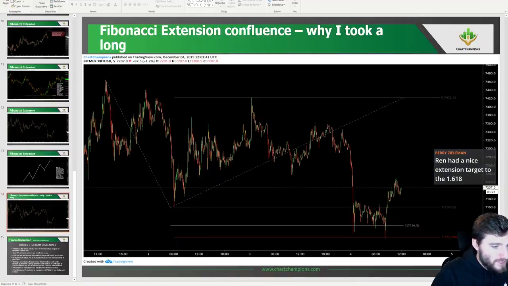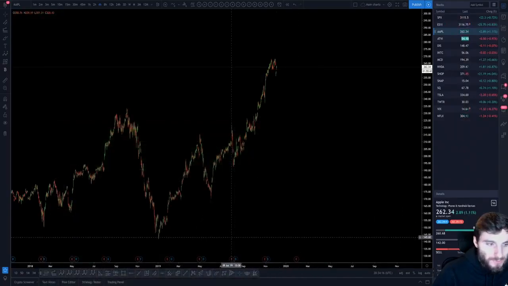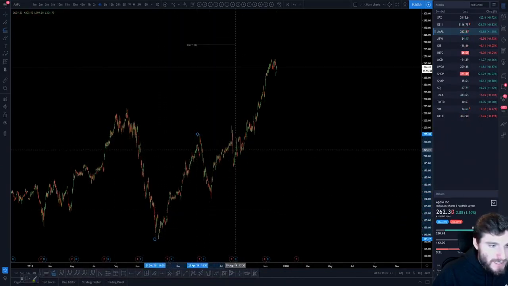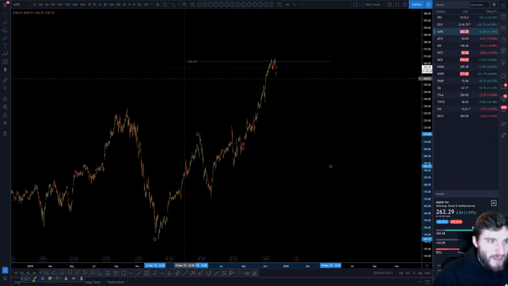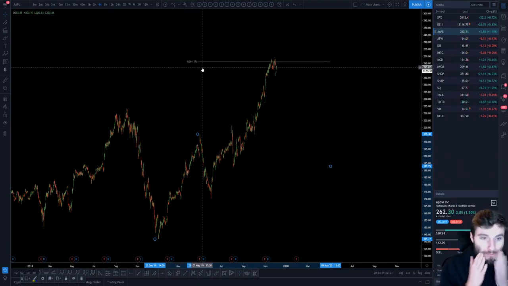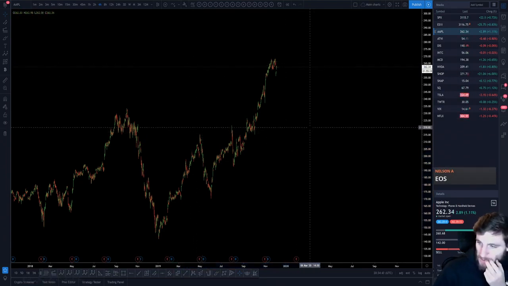So you see what I did there. Like I mentioned earlier, you can start taking the first impulse from other lows. This is more complex because there's much more nuance in terms of subjectivity. Here I've gone the length of the first impulse and extended from a secondary higher low, and that could have given you a target of around $266. There's a lot more subjectivity involved when you look at it like that. But then you can see 266.